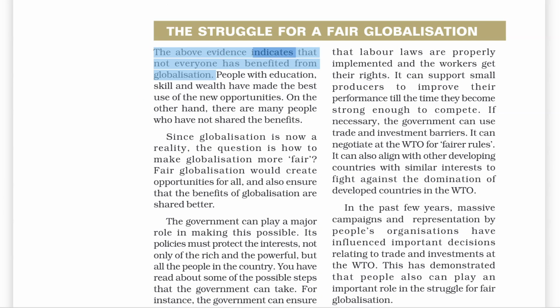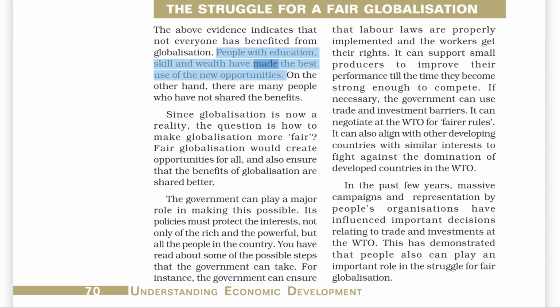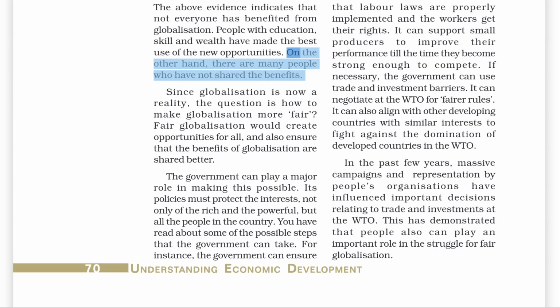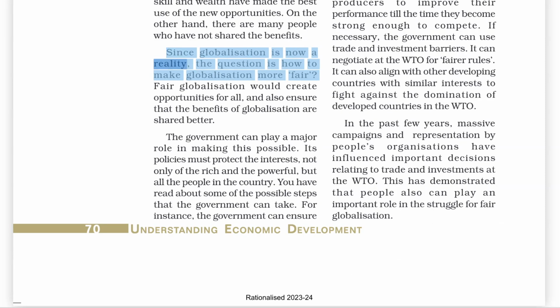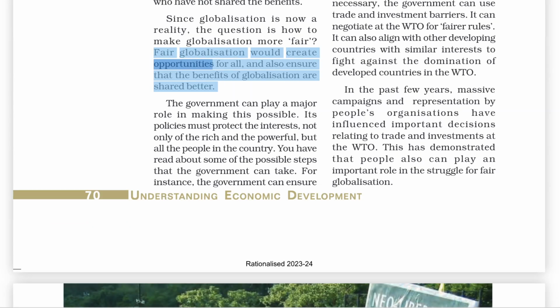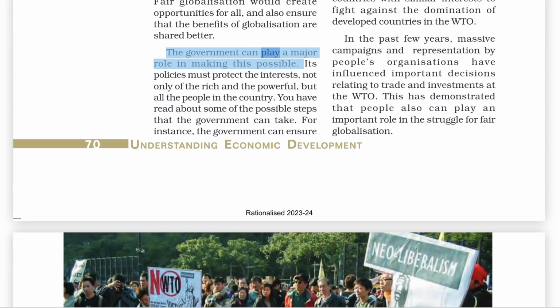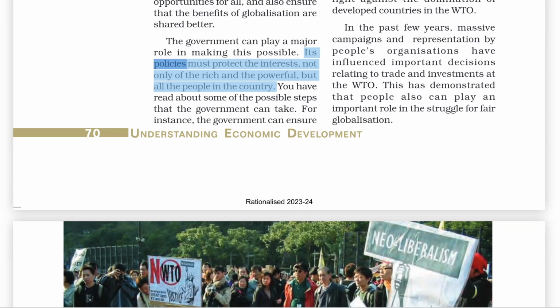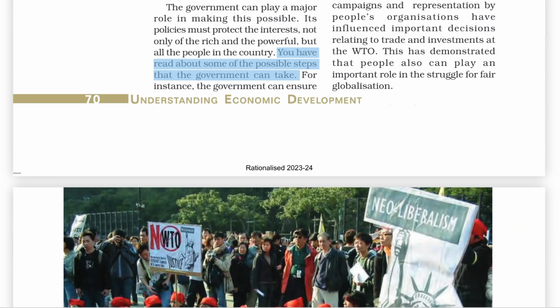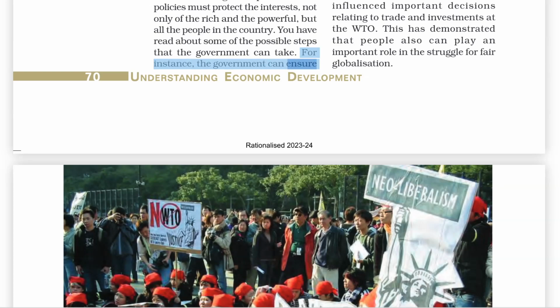The above evidence indicates that not everyone has benefited from globalization. People with education, skill, and wealth have made the best use of the new opportunities. On the other hand, there are many people who have not shared the benefits. Since globalization is now a reality, the question is how to make globalization more fair? Fair globalization would create opportunities for all and also ensure that the benefits of globalization are shared better. The government can play a major role in making this possible. Its policies must protect the interests not only of the rich and the powerful but all the people in the country. You have read about some of the possible steps that the government can take. For instance, the government can ensure